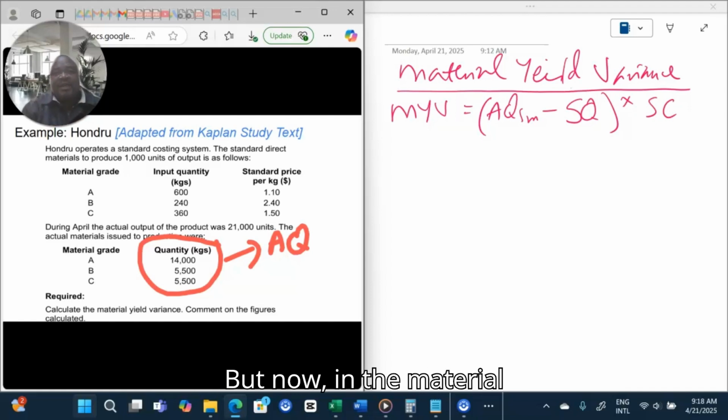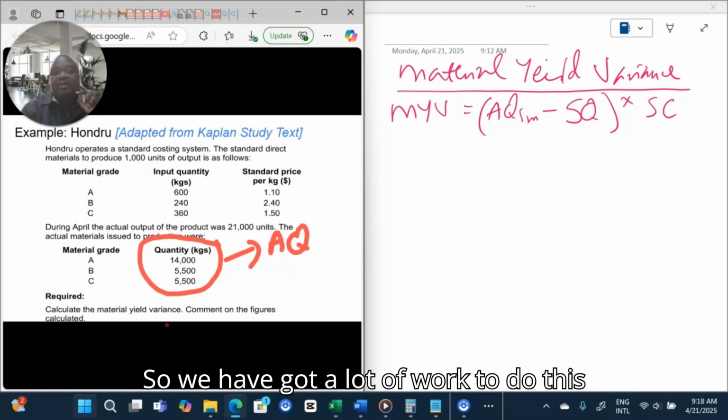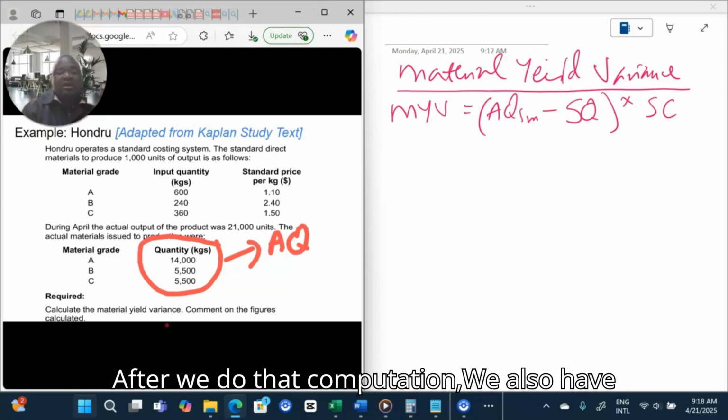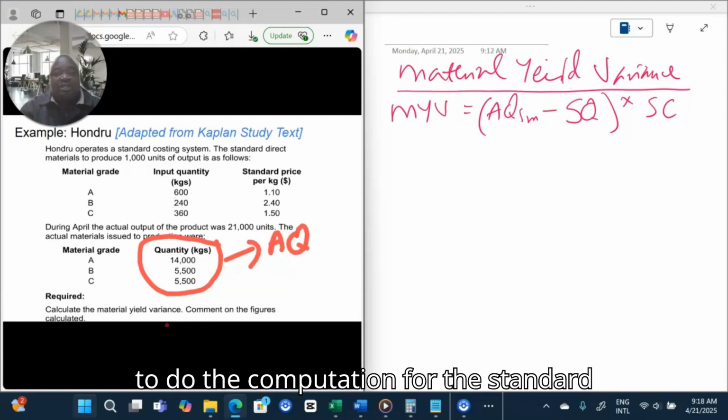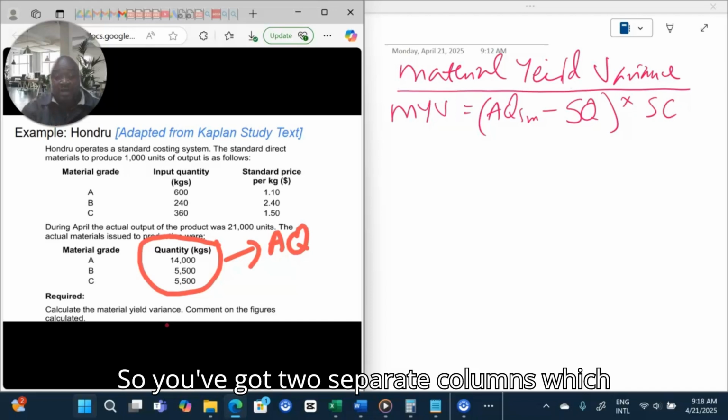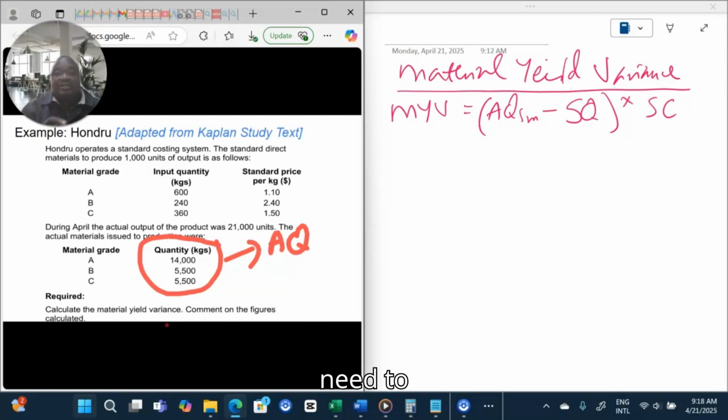But now, in the material yield variance, we want the actual quantity at standard mix. So we've got a lot of work to do this time around. After we do that computation, we also have to do the computation for the standard quantity in standard mix. So you've got two separate columns which need to